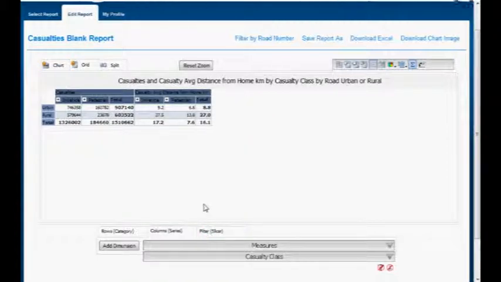So, vehicle users on rural roads were on average 27.5 kilometres from home at the time they were injured. By comparison, pedestrian casualties on urban roads were only about 6.5 kilometres from home at the time they were injured. The exact figures aren't important, but by comparison between them, you can get something which is meaningful. So we're getting that pedestrian casualties in urban areas are 3 or 4 times closer to home than vehicle users